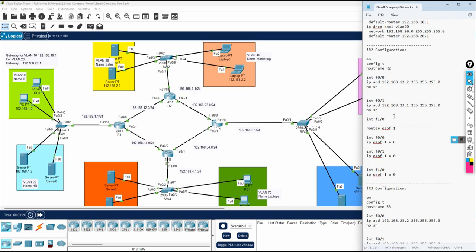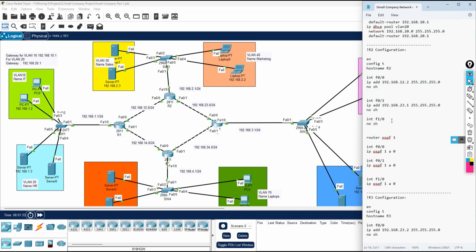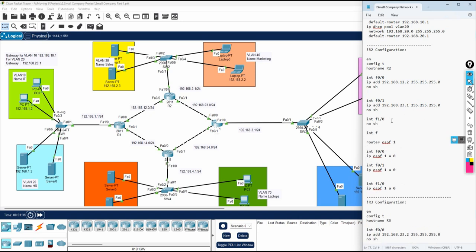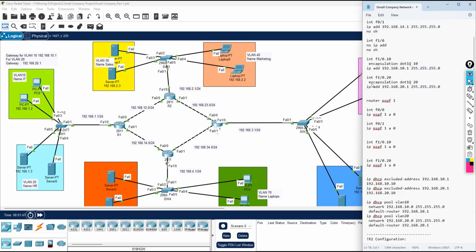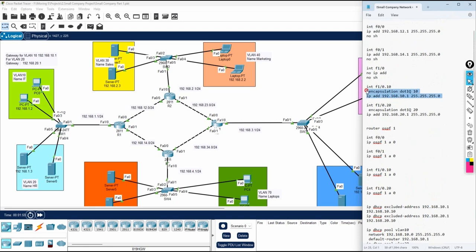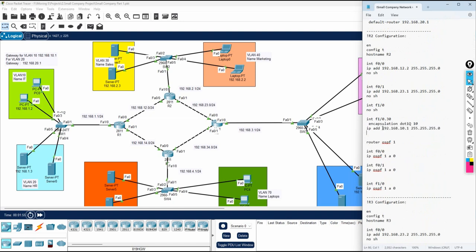So what I will do here, in this interface I will write no shut. And then I will divide this interface into sub interfaces. Here we are using VLAN 30 and 40, so I will divide into 30. Let's copy and paste the configuration here. That will help us, and we will modify as per our requirement. So I will put encapsulation 30 here, and then here will be 30. So interface F1/0.30